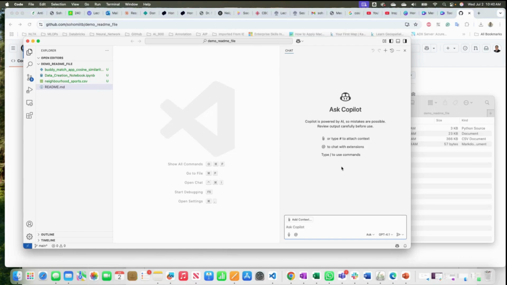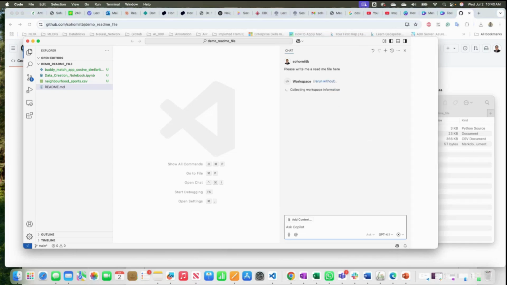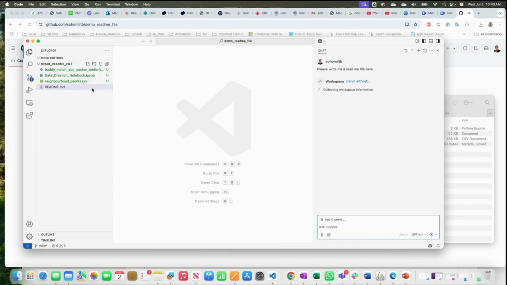I'll just ask, please write me a README file here. It will generate a README file based on whatever is inside there, the code and the CSV file. In the time it's generating,